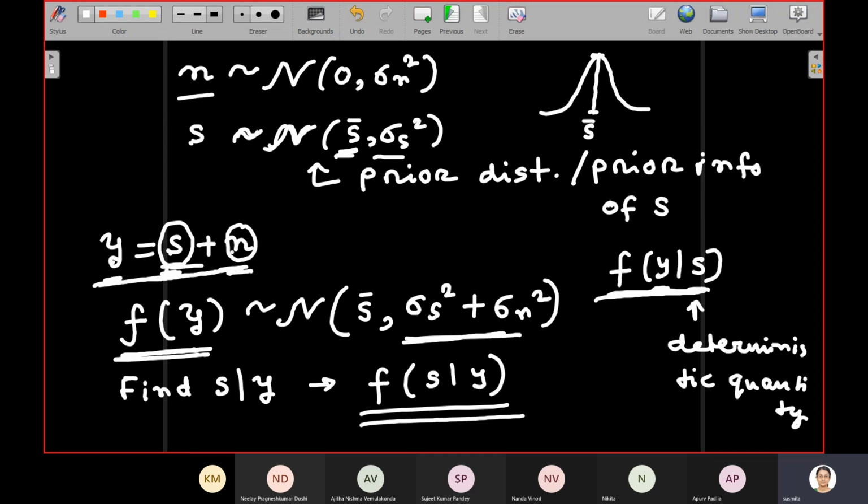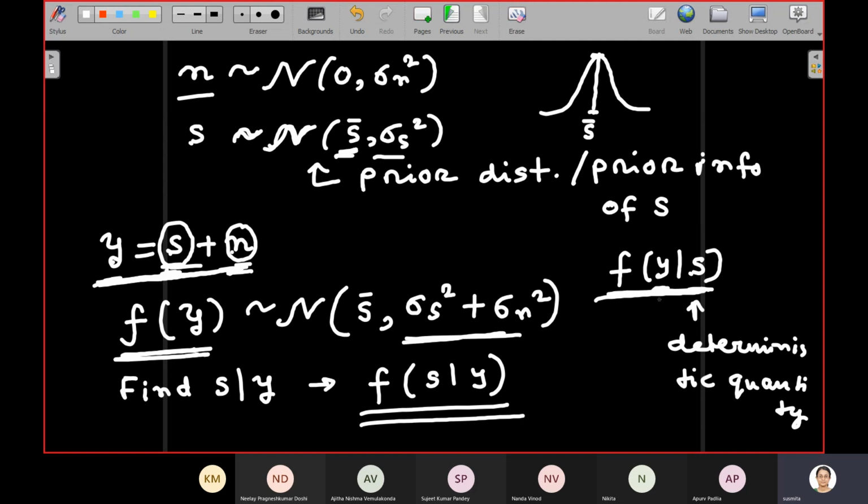In this case, both S and N are random and they are independent. Whereas in this case, for a given S, we are interested in finding the PDF. So it's like we know that some event B has occurred, and then we are interested in finding the probability. It's the same thing actually we are doing here in the form of the PDF.